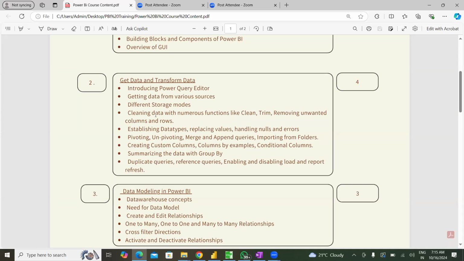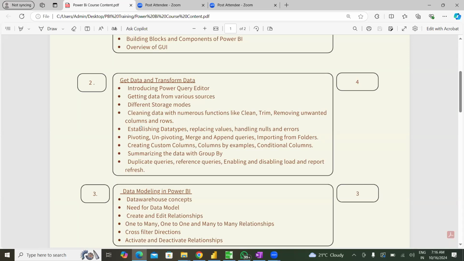So we'll try to understand how to clean the data, how to modify the data, how to manipulate the data, how to basically bring the data into the format we want, by applying various transforming functions like removing the unwanted columns, rows, cleaning, trimming, and creating new calculated columns, maybe creating aggregate tables, okay, and